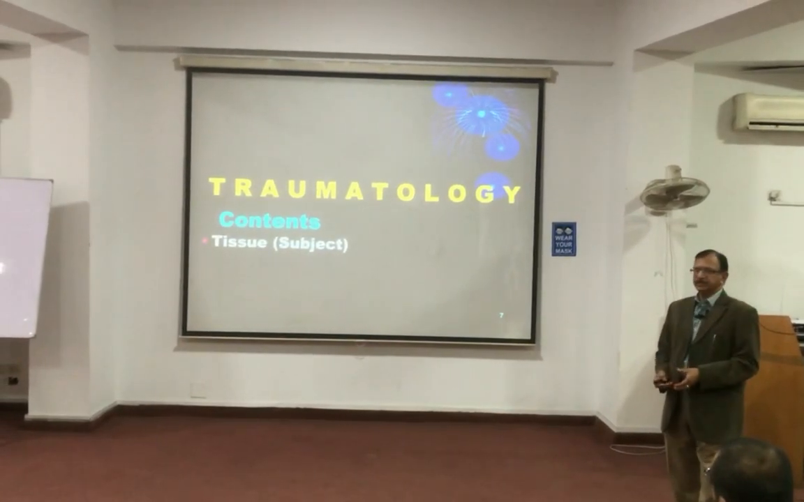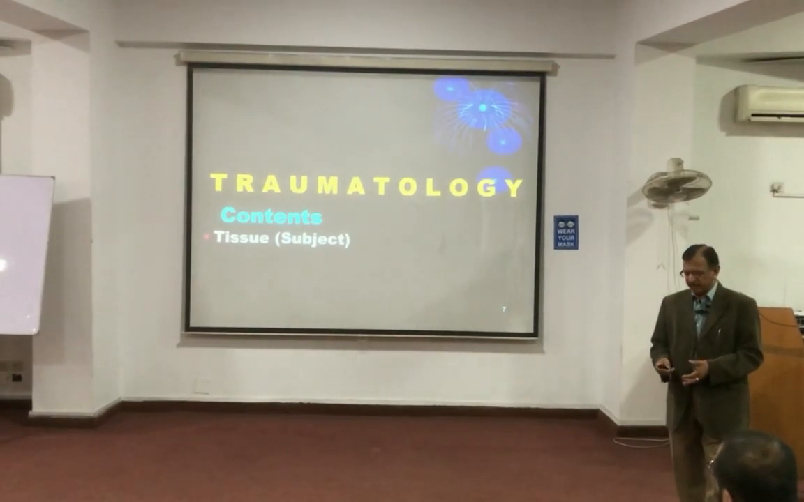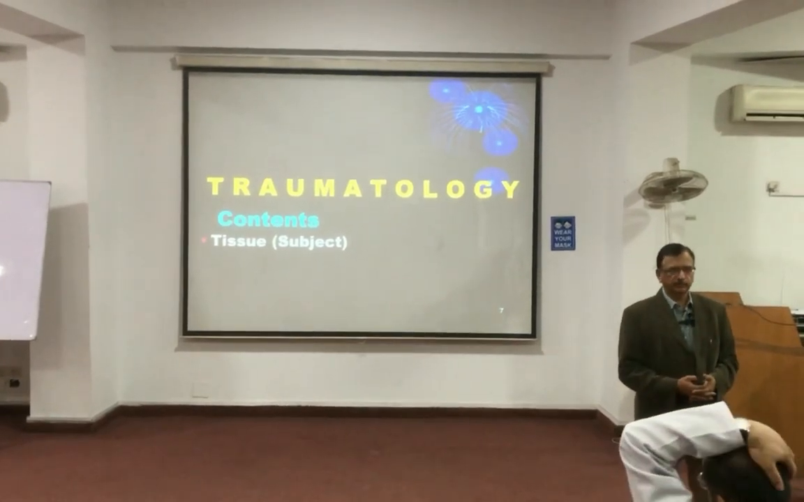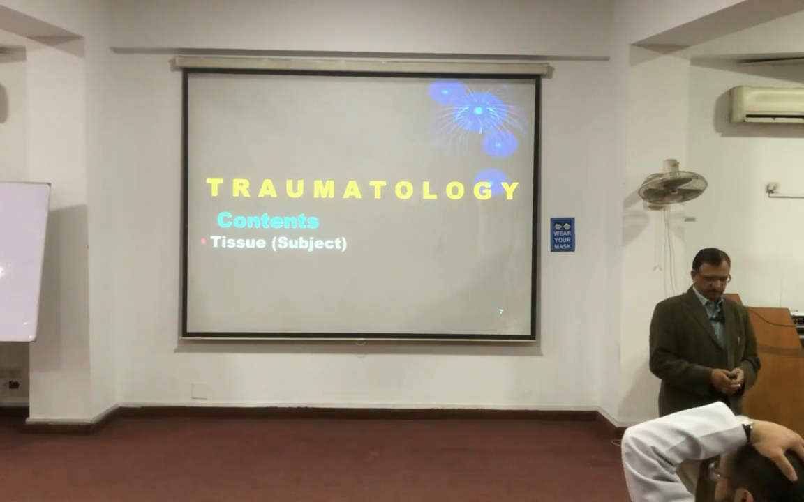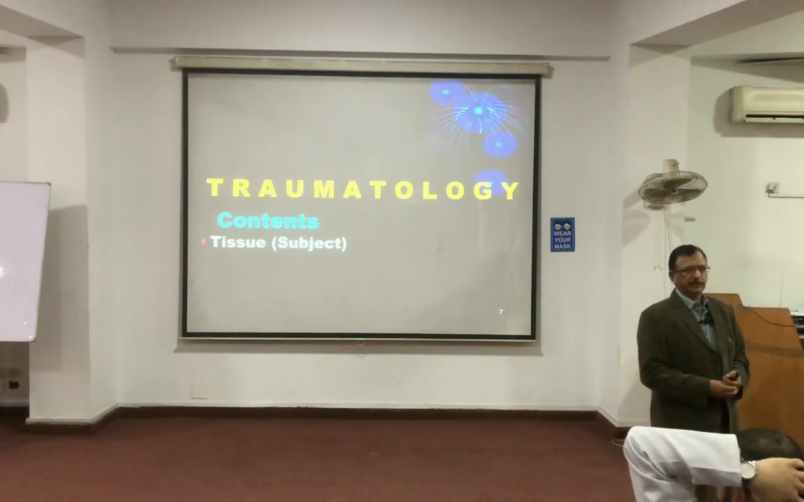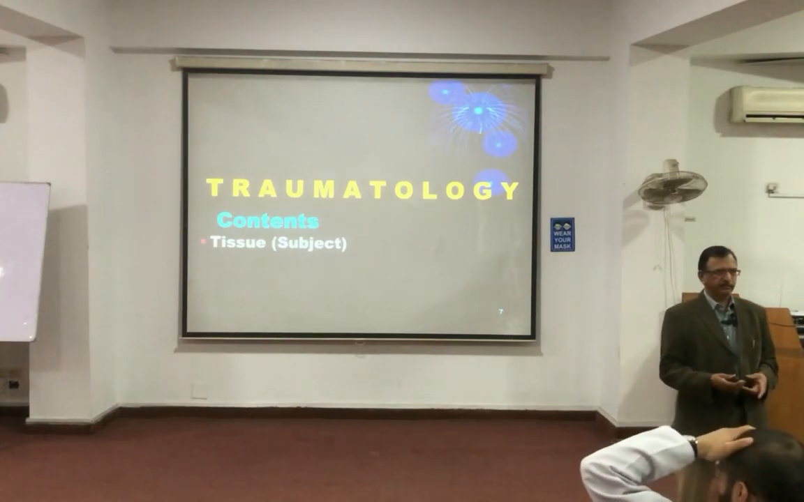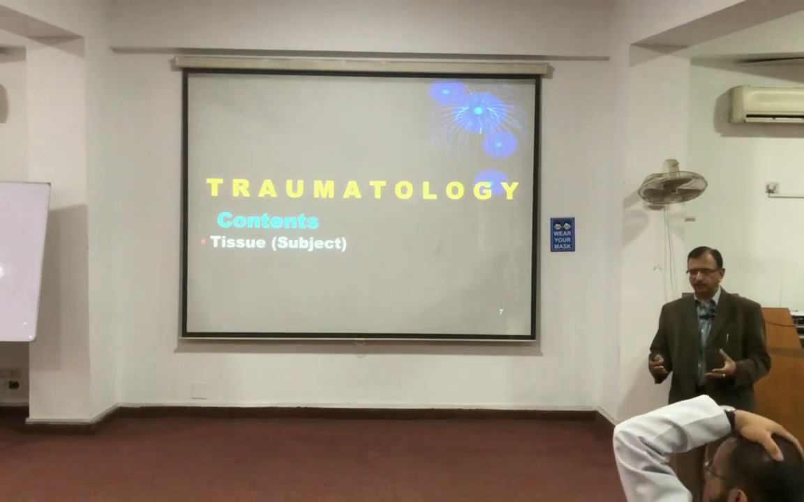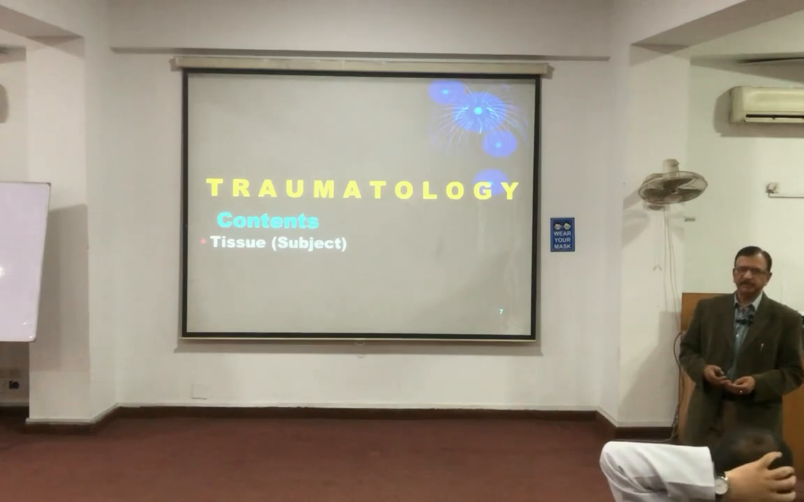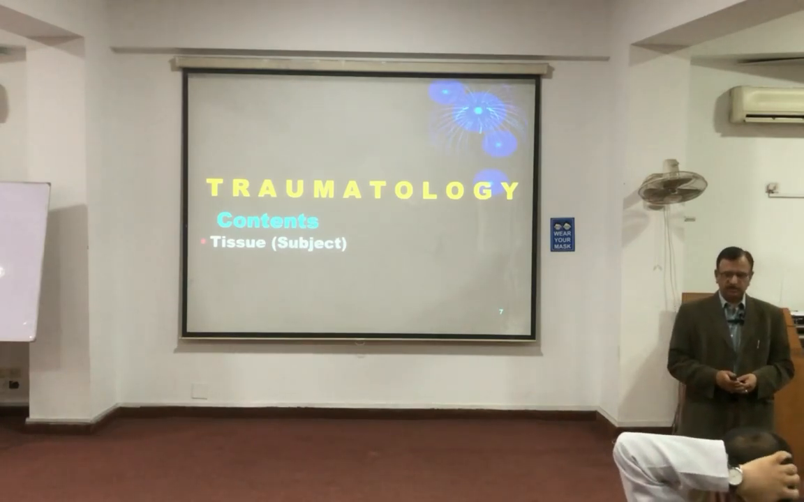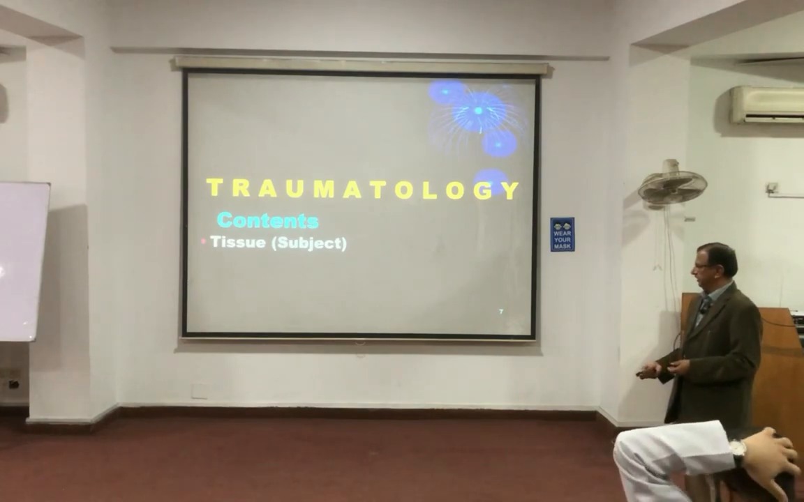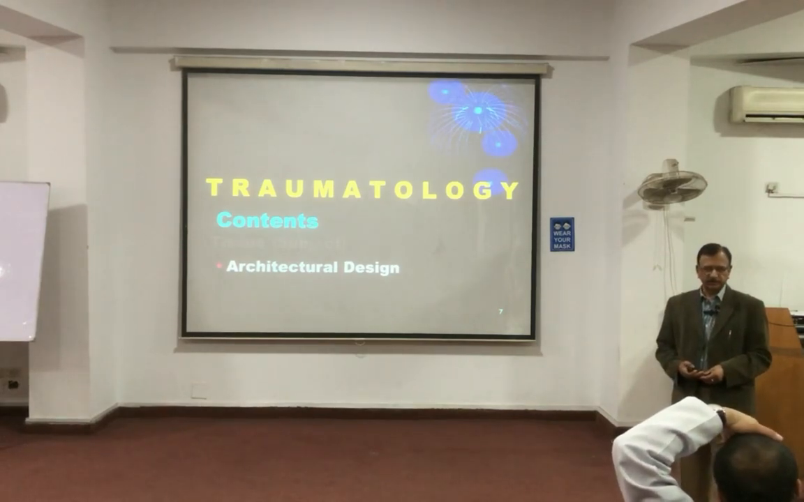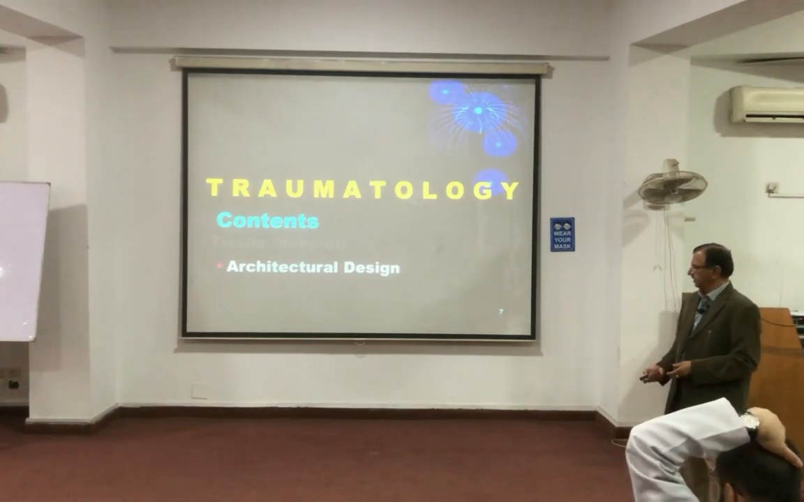Then the tissue, the subject where it is applied. We know that the human body is not a uniform subject. It is made up of various tissues. There are cavities, there are solid organs, there is fluid, there is air, the skin, the subcutaneous fat, the muscles. So all have different behavior regarding the force being applied to them and the outcome which will come. So the architectural design of the tissues plays an important role also, which is a major factor in the appearance